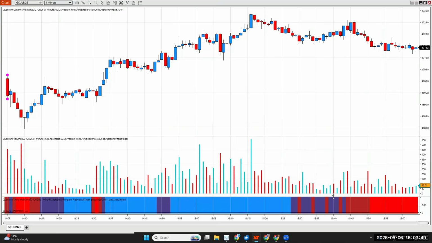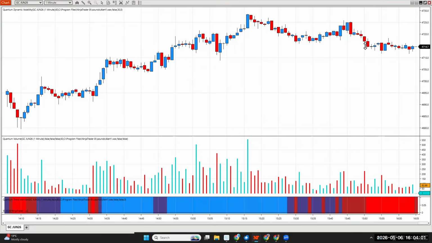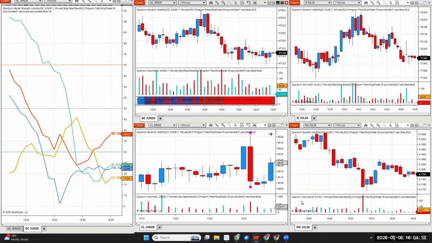Now, as we get to the end here, as you can see, we've got no bright blue left. We've moved into darker blue. We're oscillating here between dark blue and dark red. And then ultimately at the end here, we've actually come out of that phase and we are now moving into this downtrend from what previously was a bullish phase of price action. We're now into a down phase of bearish price action. And of course, we're looking at the VPA again. So I just wanted to highlight that for you, really just to show you how we use VPA,